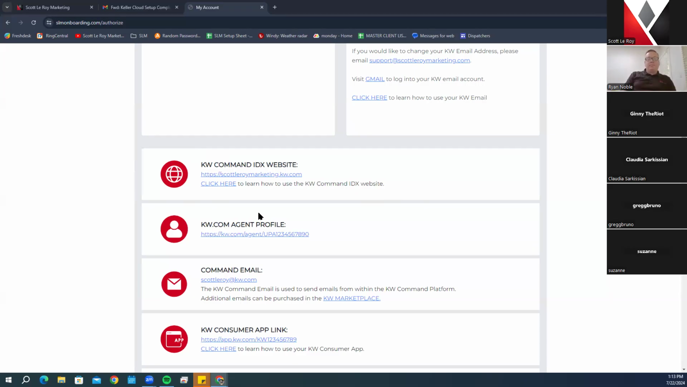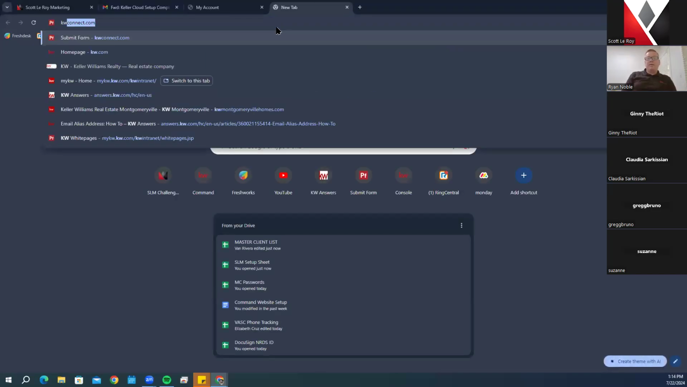Scrolling down, you also have the kw.com agent profile. If this shows that this was not set up or shows like a null or something like that, then most likely this is something that is automatically set up by KW whenever you are first added to the system. Sometimes they take a few days to actually load the profiles. And when we are setting up your accounts, we are not able to pull that information. So one easy thing you can do if you want to find your kw.com agent profile is go to kw.com